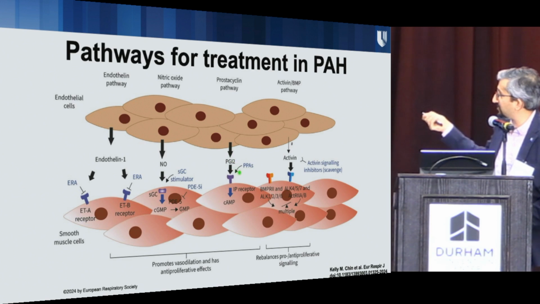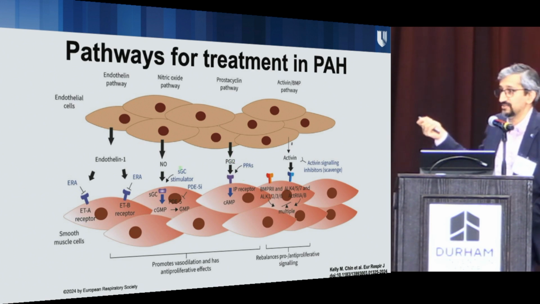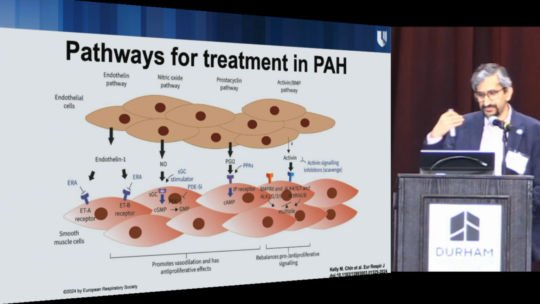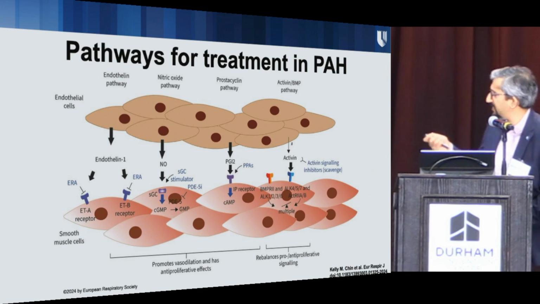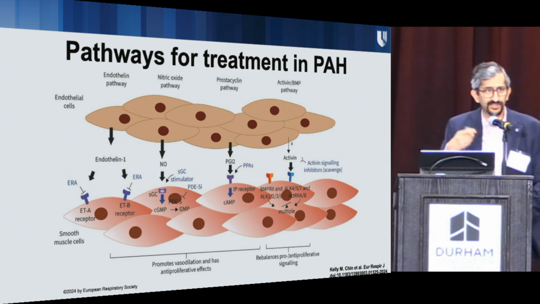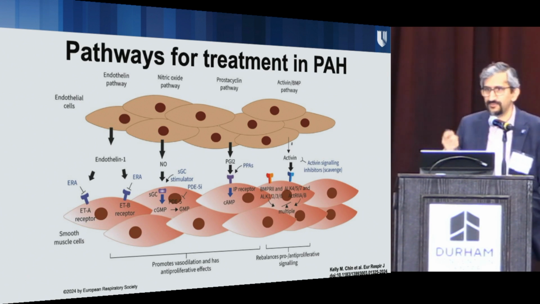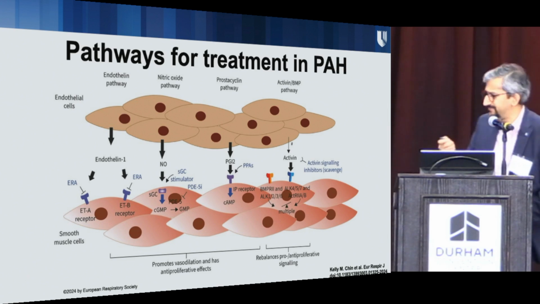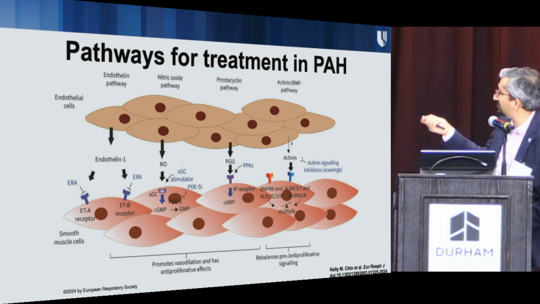So we treat with prostacyclin pathway agonists, and there are many flavors of this: parenteral, so that's IV, sub-Q, inhaled, oral. And I'm sure if I start trying to say which is best, there'll be a fight, probably in the back of the room, not in the front. Okay. And then most recently, we have this activin BMP pathway where we can target activins with activin signaling inhibitors